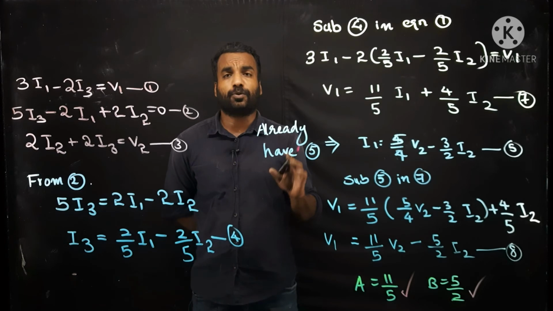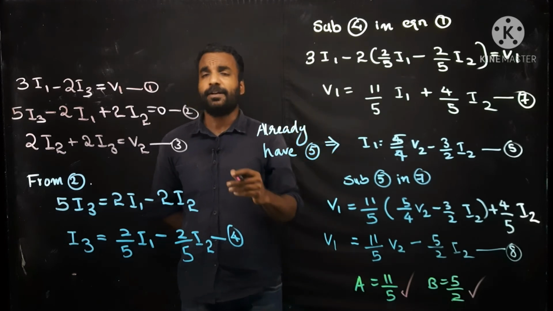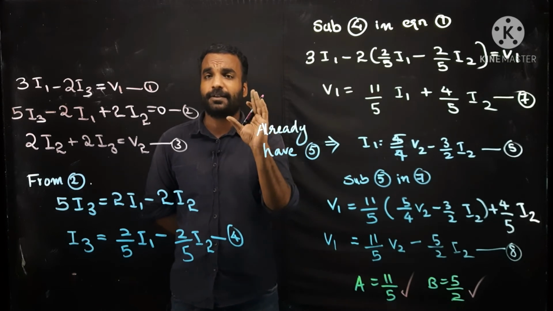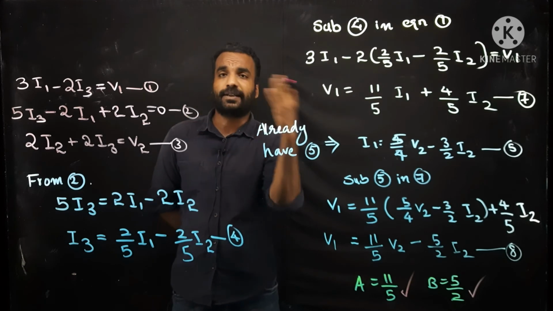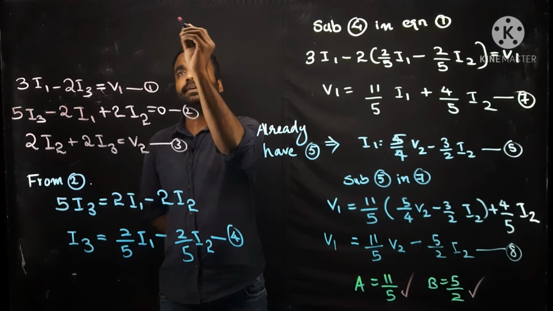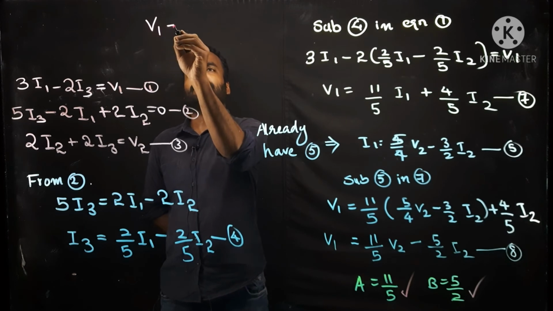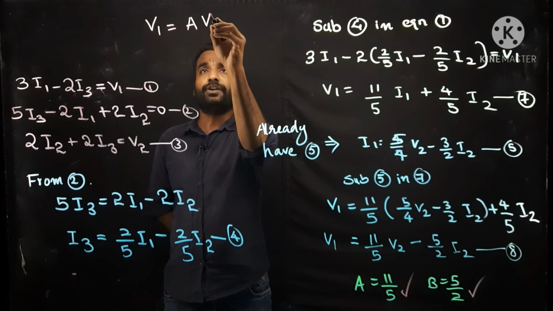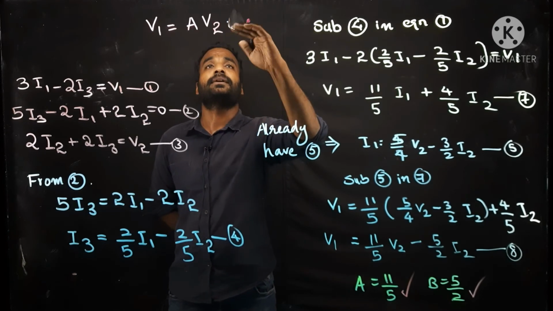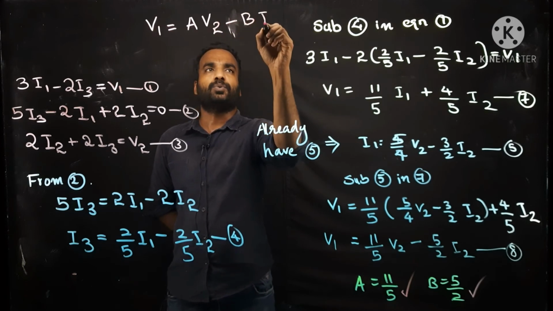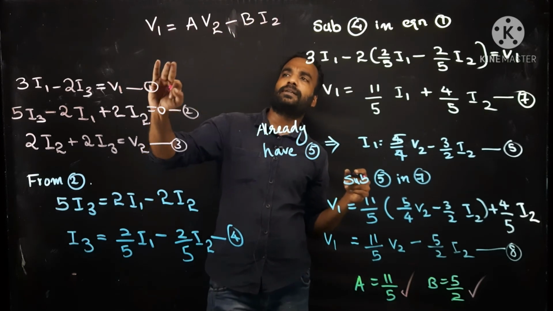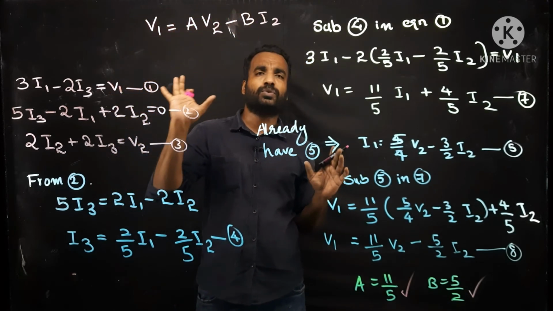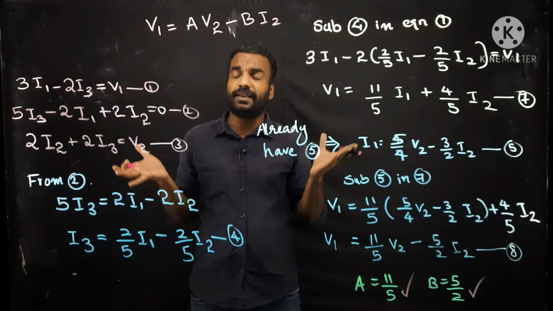Okay, so now we are going to find A and B. C and D are already obtained. Before going to find A and B, we should have in mind what parameters that you require in the left side and right side. So the equation of A and B is that V1 is equal to A into V2 minus B into I2. And I1 is equal to similarly C into V2 minus DI2. So we need V1, V2, I2. These three things are only required in any of the equation.